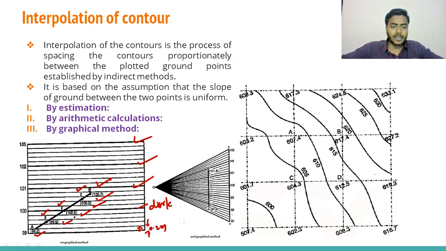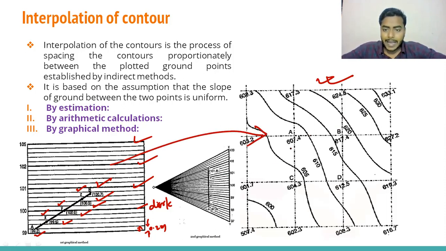Once it is done, then keep the tracing paper on the drawing. Suppose this is the drawing we have. So keep the tracing paper here. It will match points A and B. Here the elevation is 670, here the point is 99. So just assume the elevation is the same, because we are taking this tracing paper on this drawing. So what we will do, just